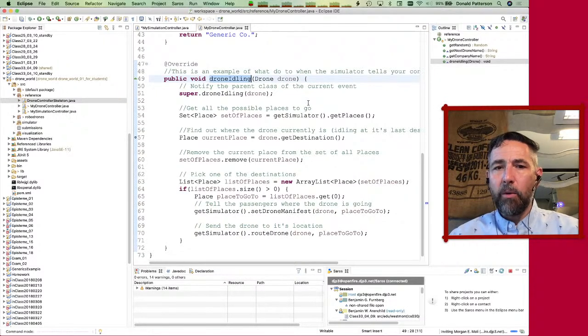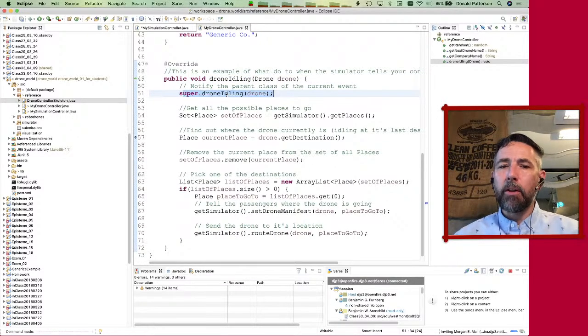And then if it doesn't have anywhere to go, and what that means is that it has gone everywhere that you've told it to go, then it goes into this drone idling state, and it gives you the opportunity to update the code. So this is a really natural place to put some controls, because whatever things you've told the simulator you want your drone to do, they're all done now, and your drone has nothing to do. So what this code is doing is, first of all, it's calling the super class as drone